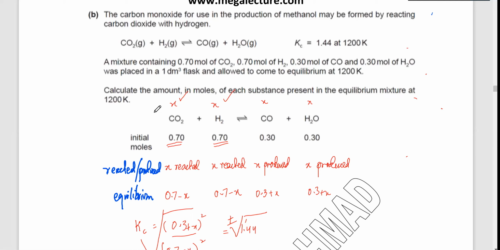Solids have constant concentration, and its concentration would be taken as one. That's one important point. And the other point is that if water had been aqueous, if the whole solution was aqueous, let's assume for a second. I mean, right now water is in gaseous state. They've given you